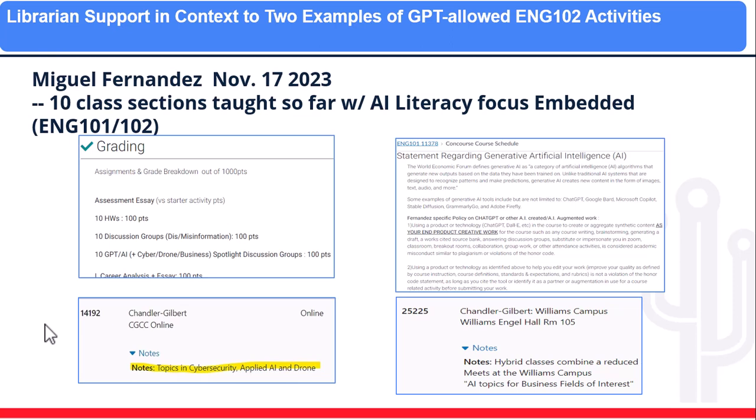And after 10 sections, including what I'm currently teaching, there have been a few insights, specifically related to library use, Ask a Librarian, and other. I'm going to talk about two specific examples of GPT allowed in English 102, and it does require a few things, as you see on the screen: 10 discussion groups specifically to train people on using it, integration into assignments, which is what I'll focus on, as well as a syllabus statement that allows it. So I'm going to focus on how this has changed the relationship that in English 101 and 102 is very strong with the librarians regarding GPT embedded into it. So let's start right away.